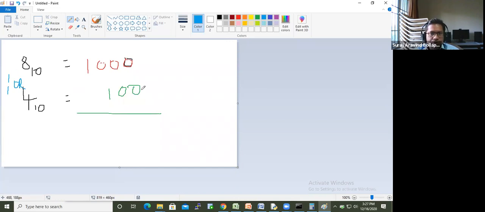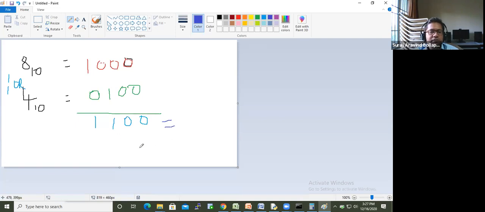0 or 0, output is 0. 0 or 0, output is 0. 0 or 1, output is 1. For the last bit there is nothing, so the interpreter will put it as 0 for you. Any number of zeros you put here, the value doesn't change. So what is the output for this? It is 1.